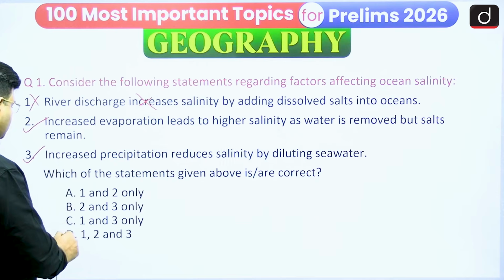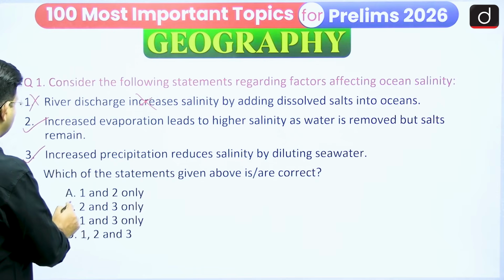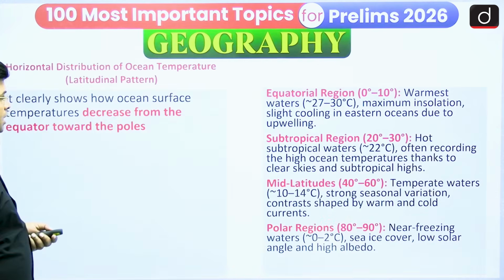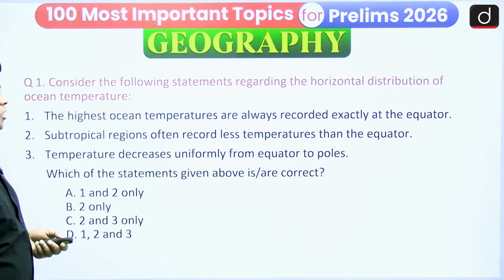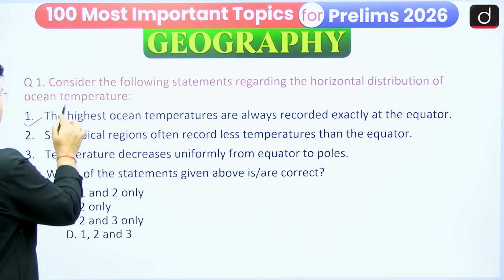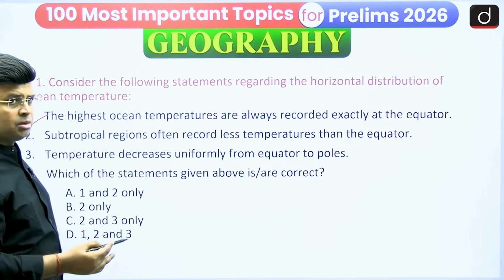So this statement is right, and you can say that statements 2 and 3 are only correct. Now the next one that we are watching: consider the following statement regarding horizontal distribution of ocean temperature. Higher ocean temperatures are always recorded exactly at the equator. Yes, that is what... 27 to 30